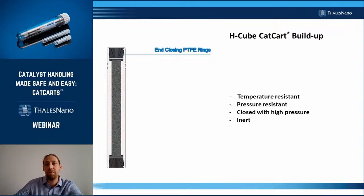Alright, let's first talk about the H-Cube CatCarts and how they are built up. First, these are stainless steel tubes and the catalysts are sealed inside with the following sealing systems. These systems are the same at both sides, so everything I say now applies to both sides. First, there is an end-closing